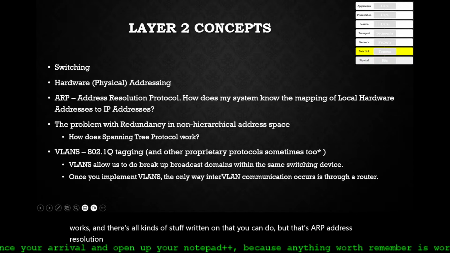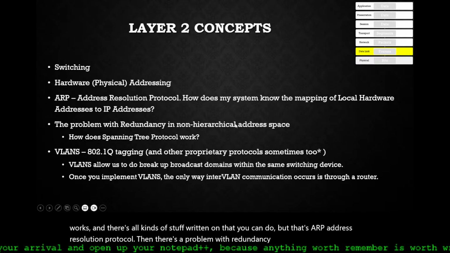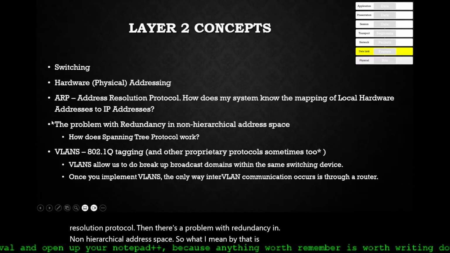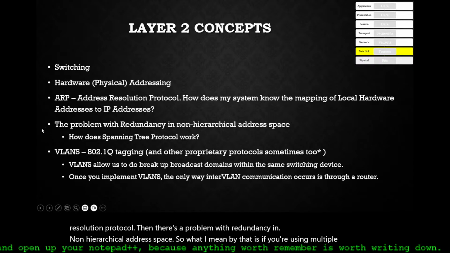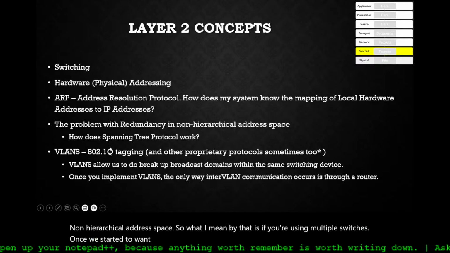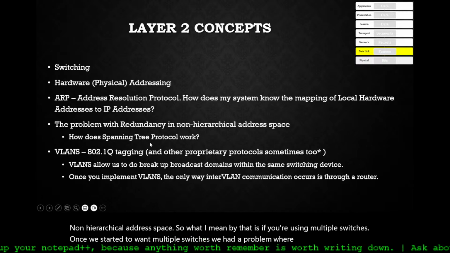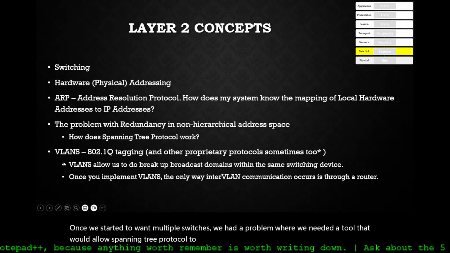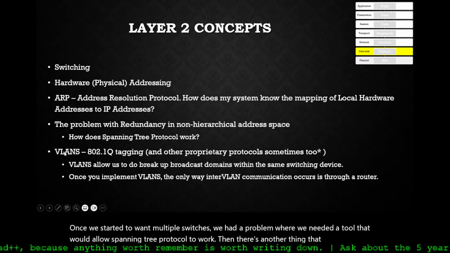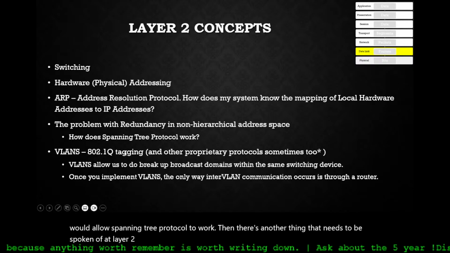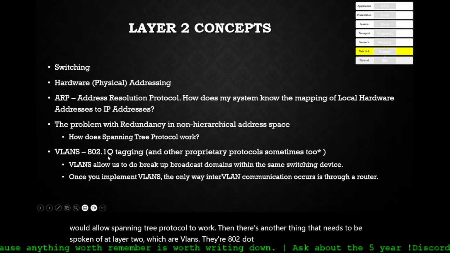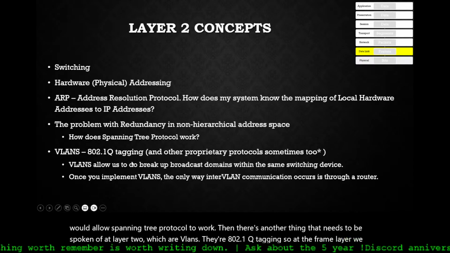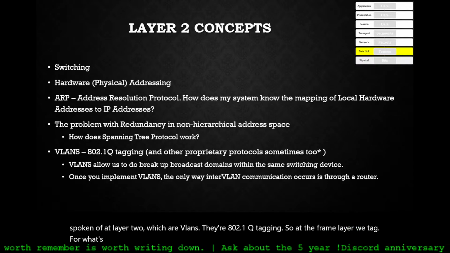Then there's a problem with redundancy in non-hierarchical address space. What I mean by that is if you're using multiple switches, once we started to want multiple switches, we had a problem where we needed a tool that would allow spanning tree protocol to work. Then there's another thing that needs to be spoken of at layer 2, which are VLANs. They're 802.1q tagging. So at the frame layer, we tag for what's called a virtual local area network, and then we can